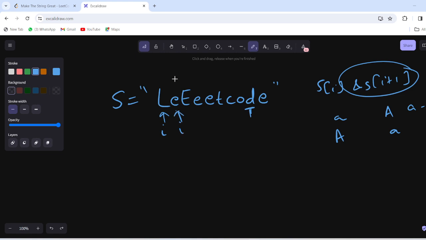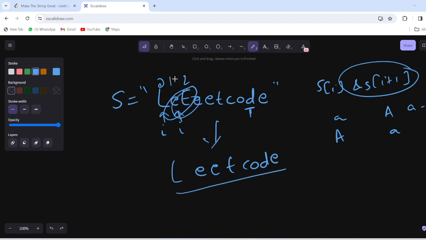When I is at index 1, we can see that it is equal to the i plus 1 character, but both are not in the same case. Thus we will be removing this, and this will be our string. Now you can see that there are no uppercase characters, thus we cannot remove any further elements from the string. So this is our good string.